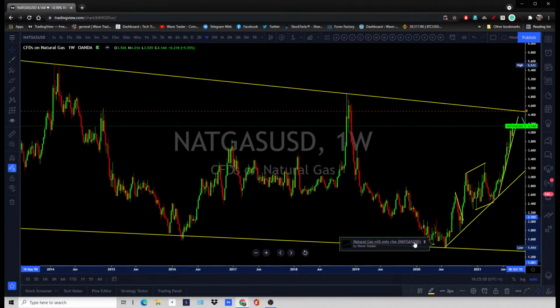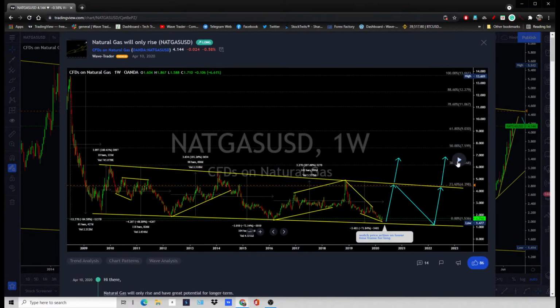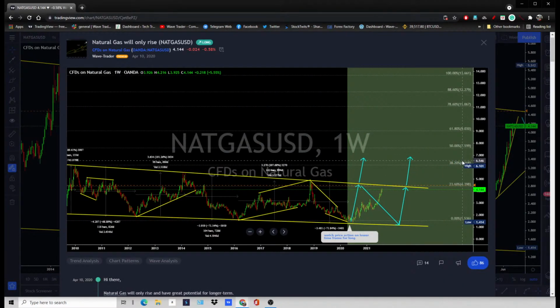All right, so if you want to trade natural gas, you can stay short-term bearish at the current price, but it's better to let the bullish move finish. The bullish wave is about to finish on natural gas, and the bearish wave is about to come. Wait for that price action. Once that comes, natural gas can go back down again.